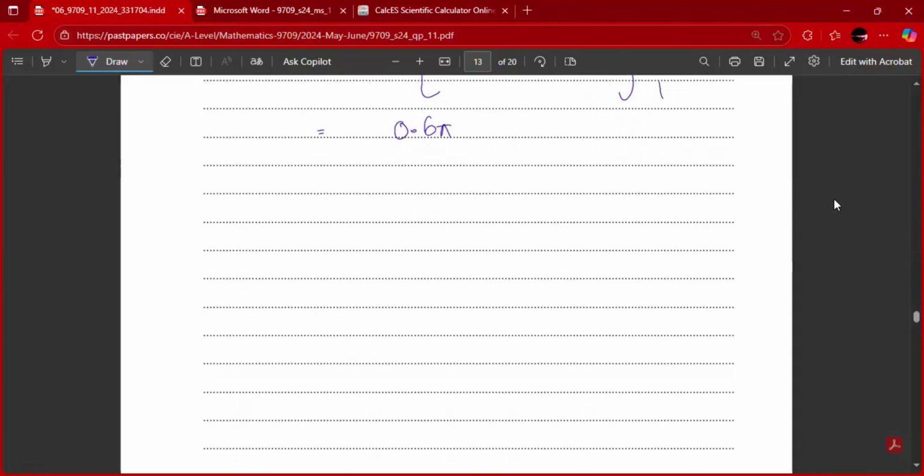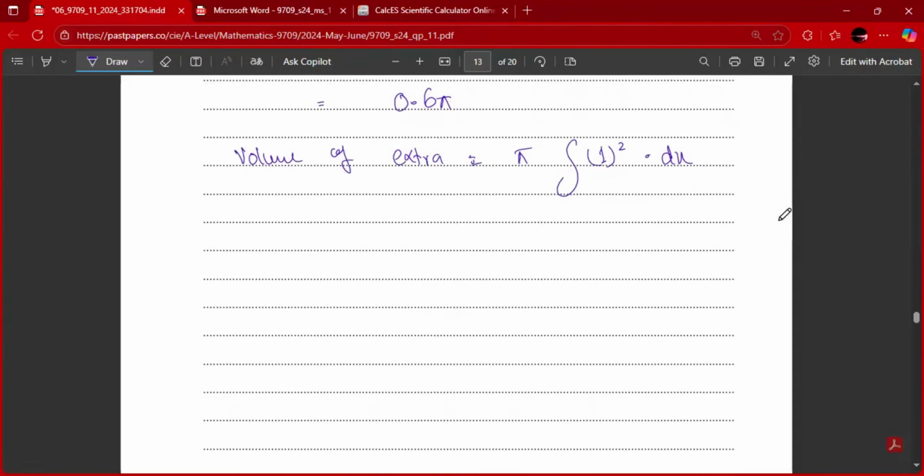But this is not the final answer, guys. We still need to find the volume generated by the extra region. Volume of cylinder, or whatever you can write, volume of extra region, something like that. So it's going to be pi into this 1 square. We still have the regions, okay? So it's going to be pi into 1,